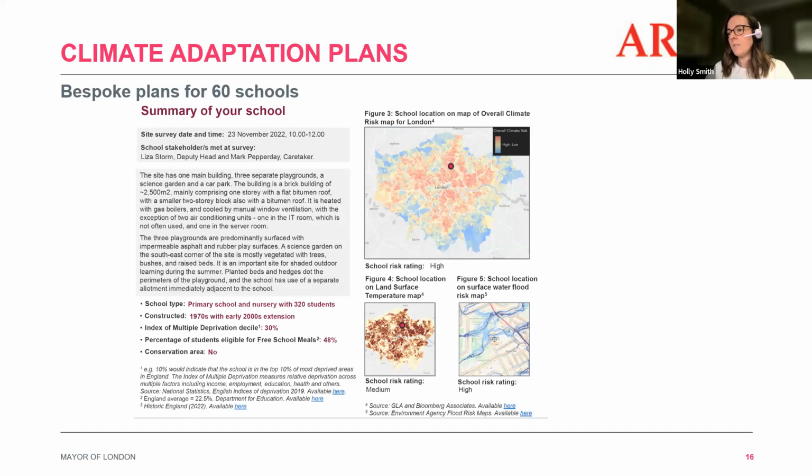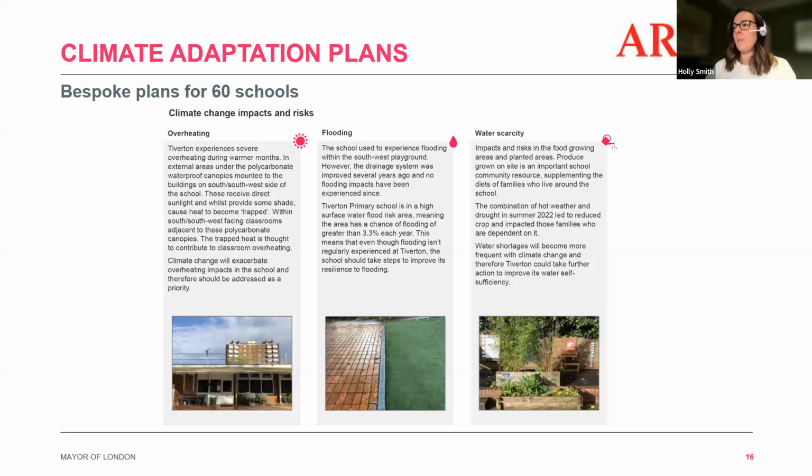And they're really quite detailed. There's an example on our website that you can go take a look at. We've got information about the building construction type, and some information about the risk of overheating and of flood risk as well. And if you click on the next, yeah, and then we've got some